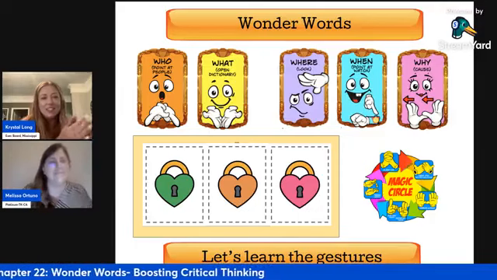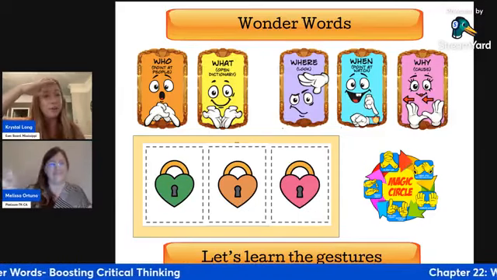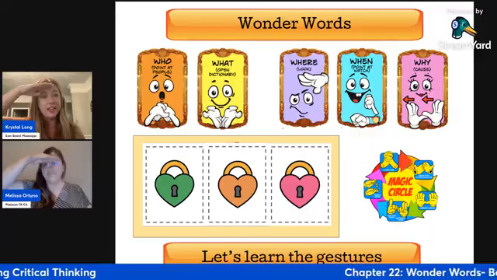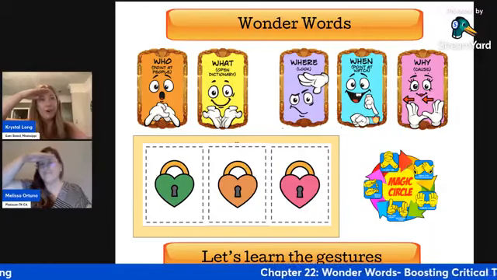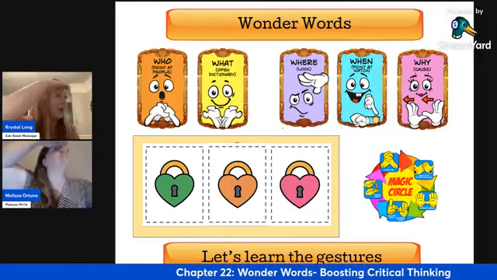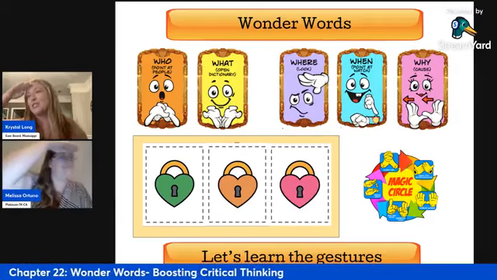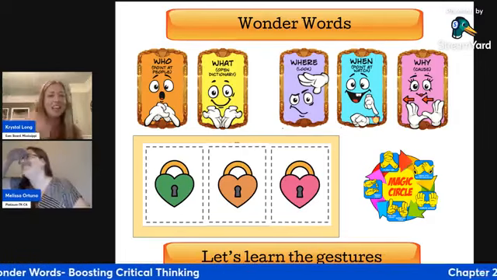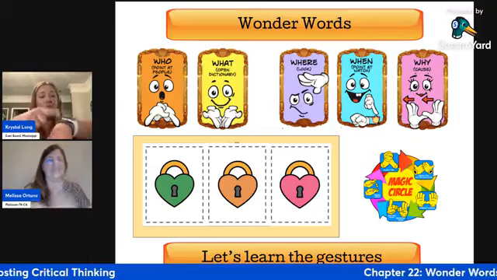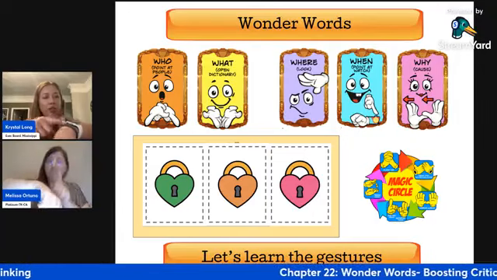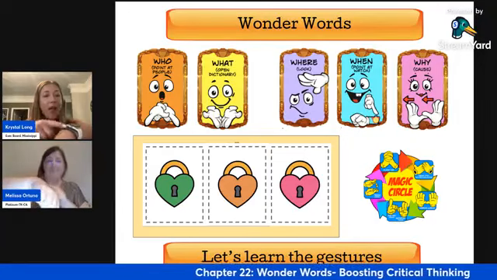Awesome. What and who. Now, where, put your hand over top of your eyes, and you're going to be looking out into the far, far way away. Where are we looking? Yeah, I love it. It's like an explorer, Melissa. That's perfect. And then we have when. When is to point at your watch. So pointing at your watch is when.